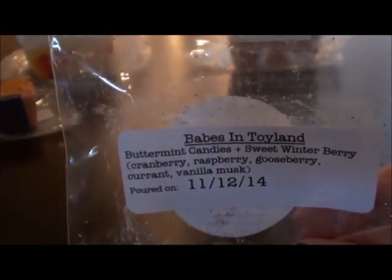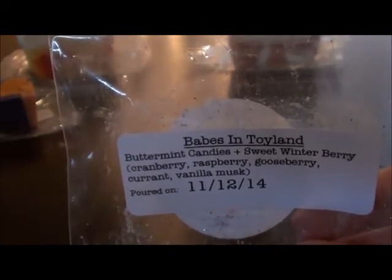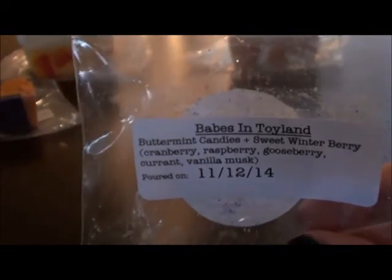If you like Buttermint candies, you're gonna love this one. But for me, I don't know. Sometimes I need to give things a try and warm them just to see, but on the whole, I don't think I'm a big fan of Buttermint. Okay, let me grab the